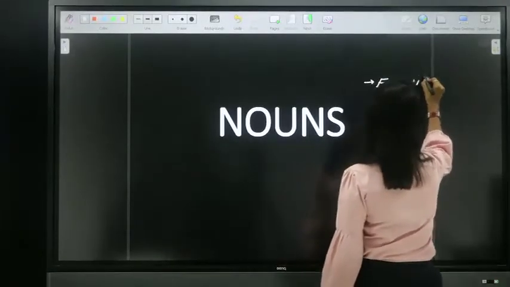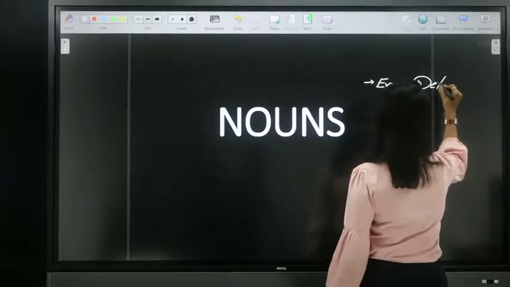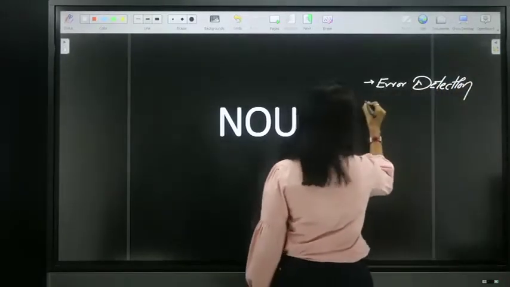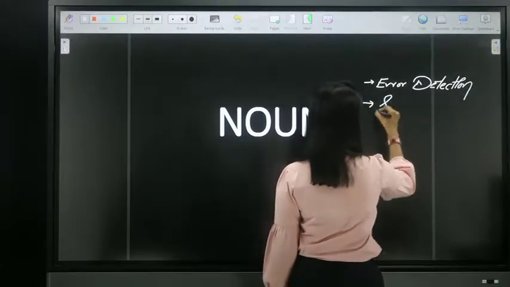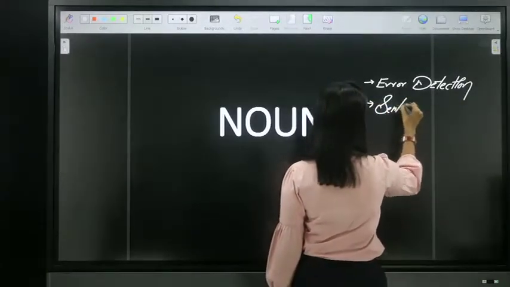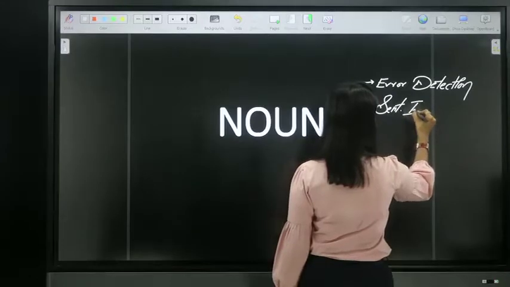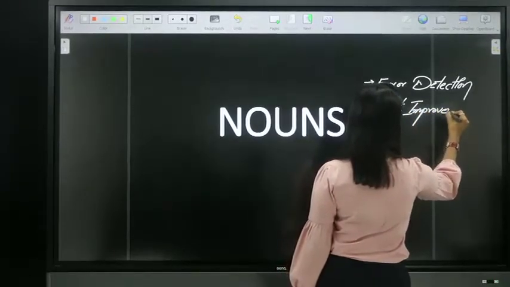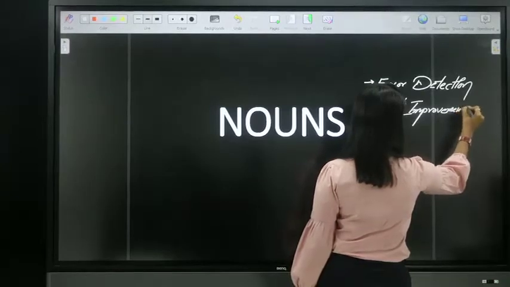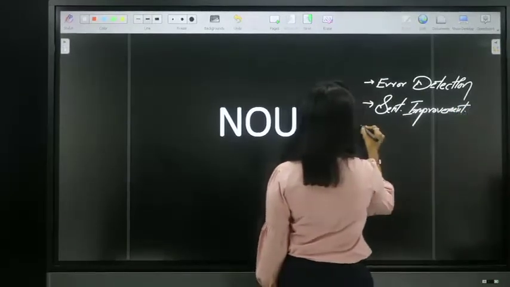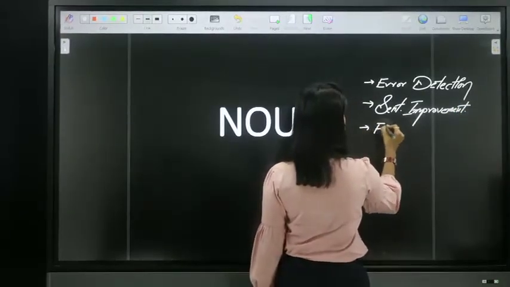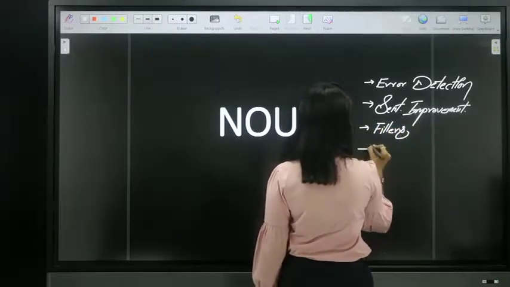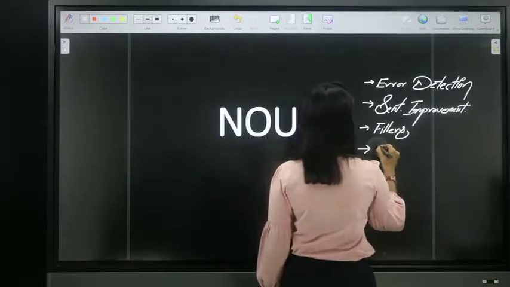error detection, or sentence improvements, or sometimes in fillers and also in